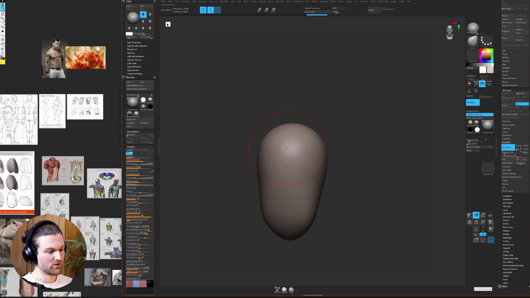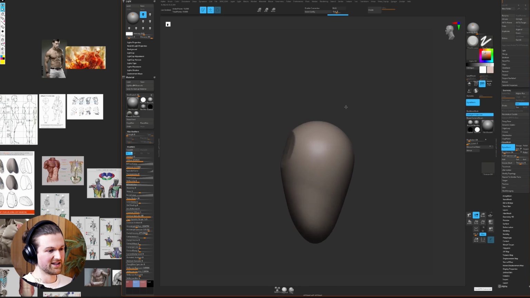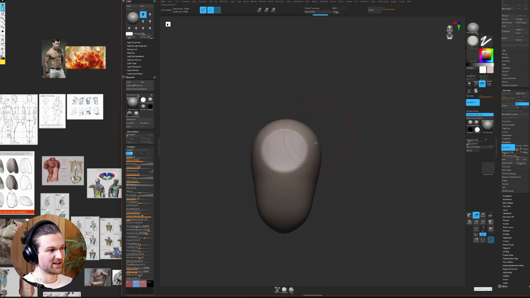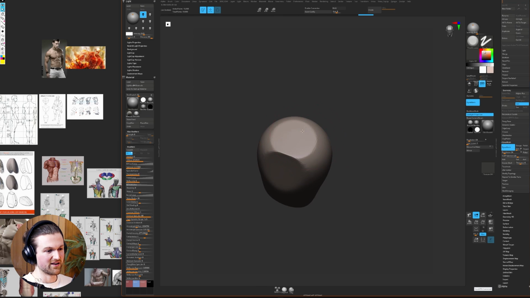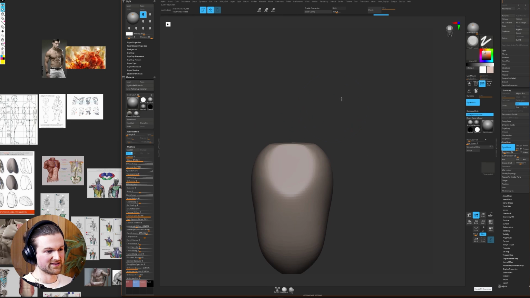So my workflow, what I usually start with, I just like to flatten the front of the chest. It's usually at a bit of an angle, and for that I'll use a trim dynamic brush, TrimDynamic. What that's going to do is basically create the surface of the front of the chest. I'll tend to couple that up by just flattening the top, and then I know that the neck is going to go on top of this, and it just gives us a nice flat surface